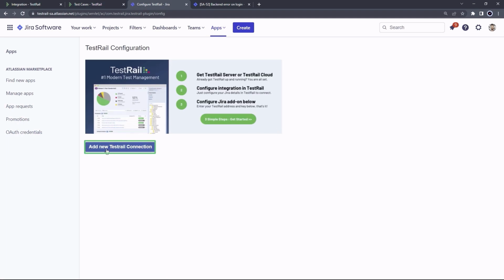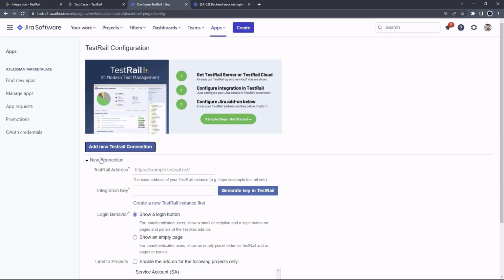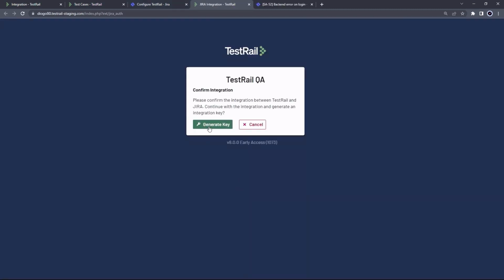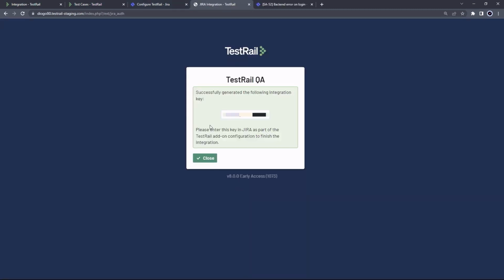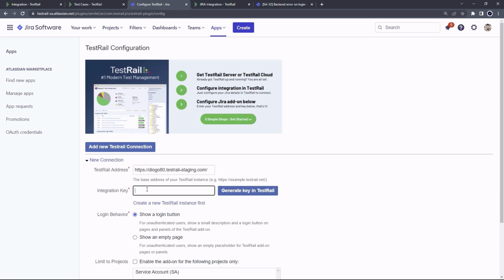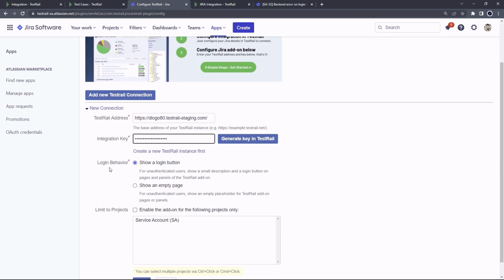So we just need to click add new TestRail connection and add our TestRail instance details here, our TestRail address, and we can click generate key in TestRail here, which will redirect us to TestRail, and we can immediately generate